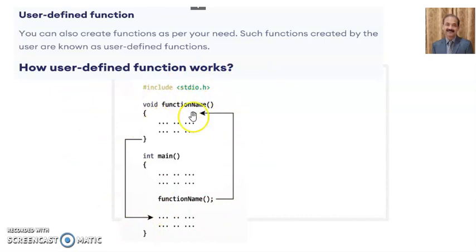So your function starts with void and the function name, then you just put the details of your function, whatever it has to do, like addition, subtraction, anything you want to do with your function. Then in your main program, wherever you want that function to appear, you just write the name of it. This is the simplest working of a function, right? So you just write the function name with the brackets, and what is going to happen is